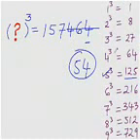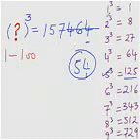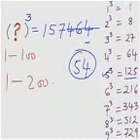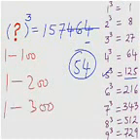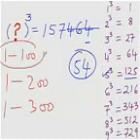Before you do that, please memorize the cubes of all the numbers from 1 to 10. And now you have a good reason to do so, isn't it? If you know the cubes of the numbers from 1 to 10, you can very easily find out the cube roots of any number whose value lies between 1 to 100. And if you know the cubes of numbers from 1 to 20, you can take that to 1 to 200, so on and so forth. If you know till 30, then it will go from 1 to 300. But for all practical purposes, knowing the cubes of numbers from 1 to 10 is good enough.